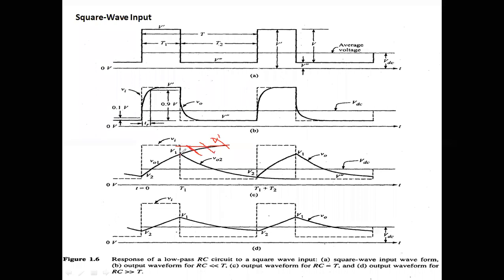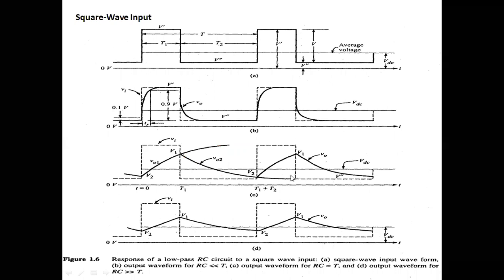The capacitor reaches V1 and again it starts falling, because of the time constant equal to T. Therefore, this is for having three different time constants. By using three different time constants, we have drawn these waveforms. If you have any doubt, you can ask. Otherwise, we will go for the derivation.